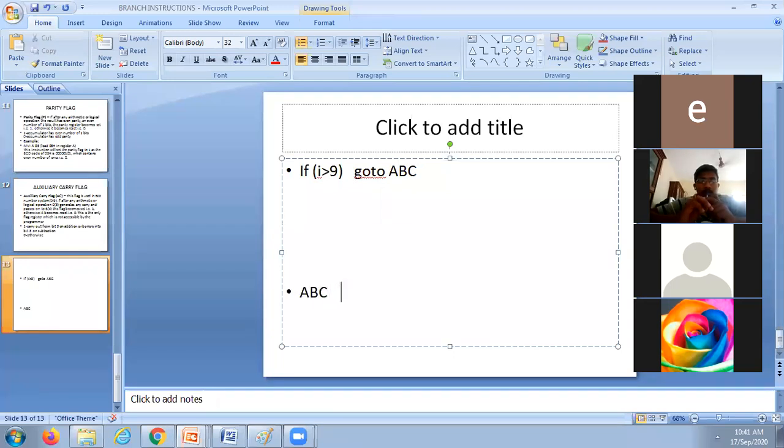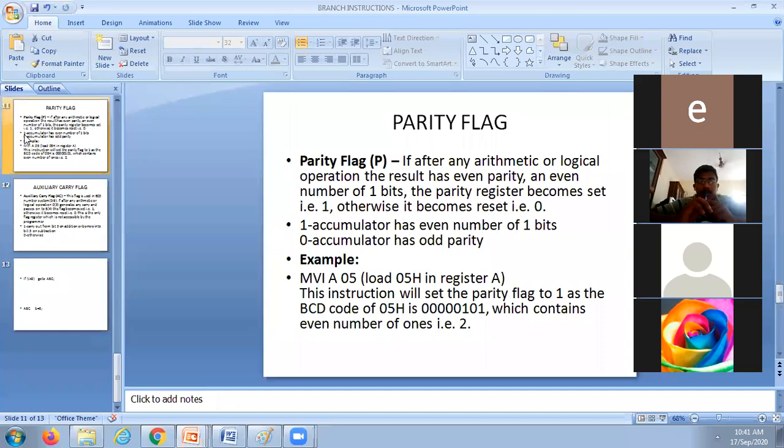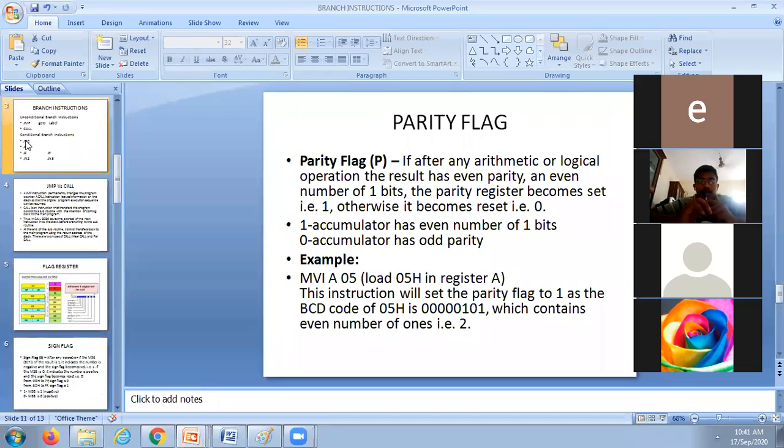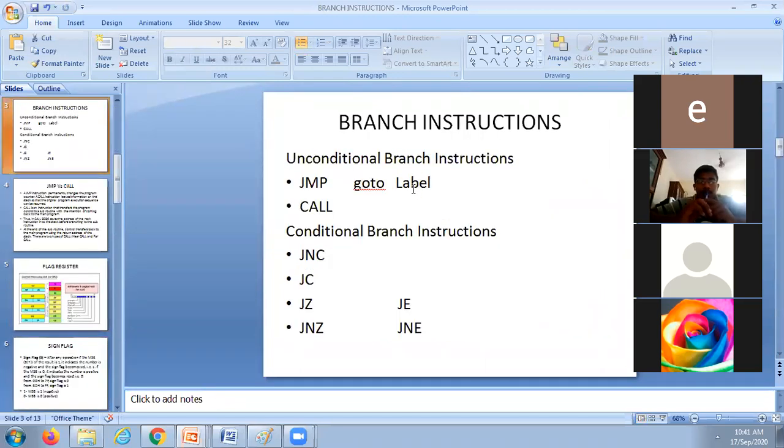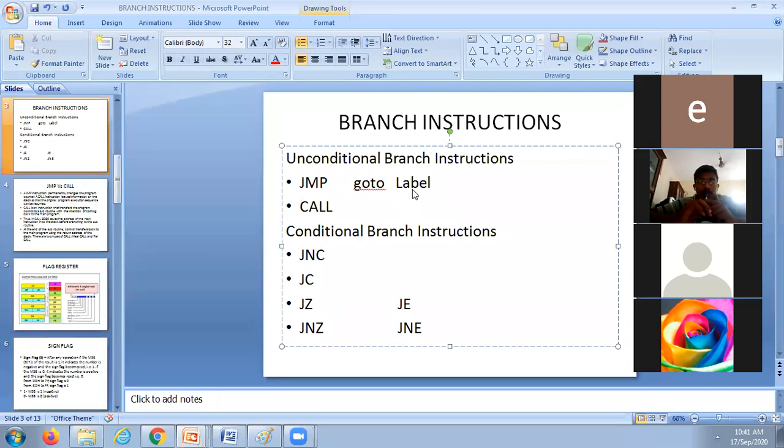There are some instructions here again, whatever they may be. Here it may be a while loop, etc., or some b is equal to 5. Whatever it may be, some instructions are there. This is like a go to statement in a high level language. That is similar to your jump.